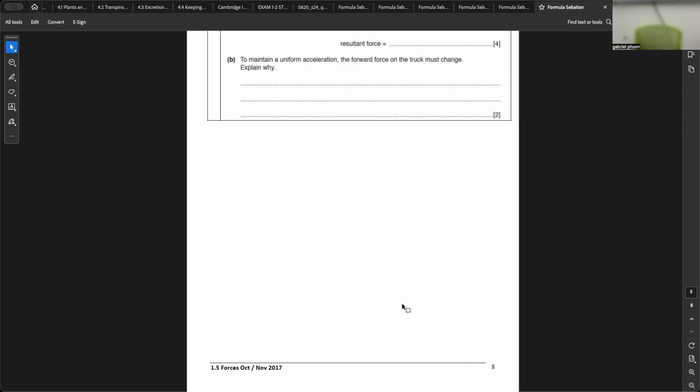Focus. So, okay. Find the force as F. So now we know that